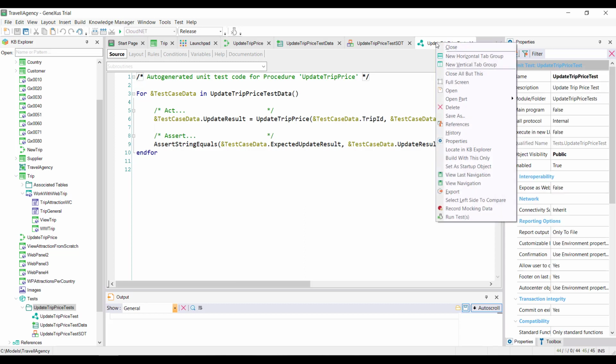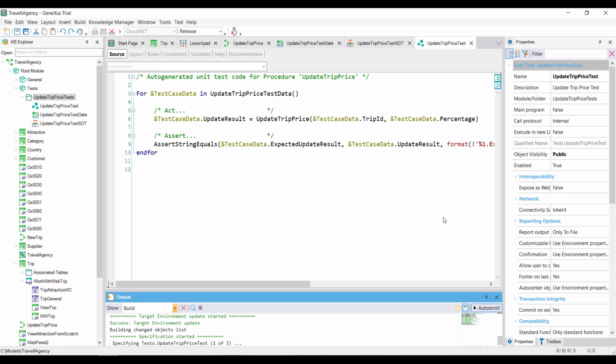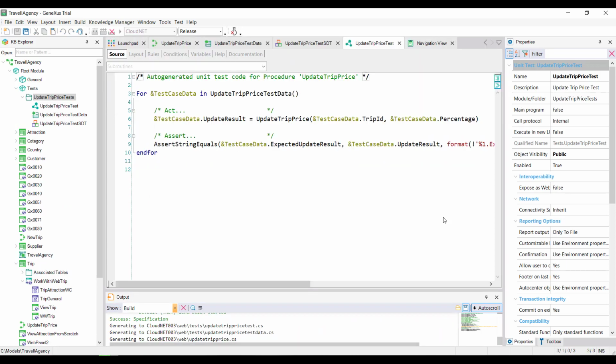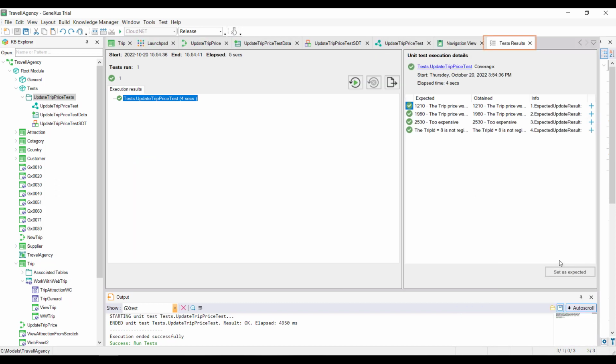Okay, to run it, we right-click and select Run Test. Once the test execution is complete, we'll see the new window named Test Results, where we confirm that the test was executed, update trip price test, and that the result was successful because it's marked in green.